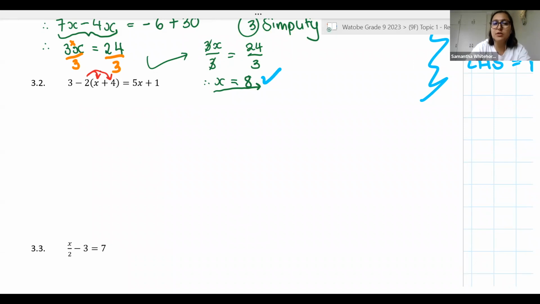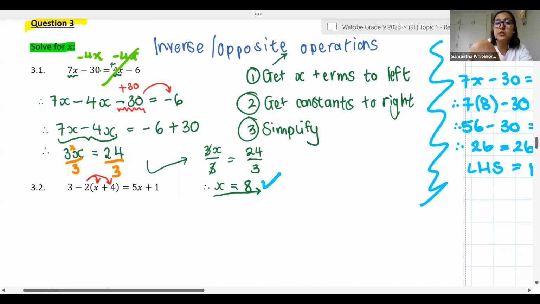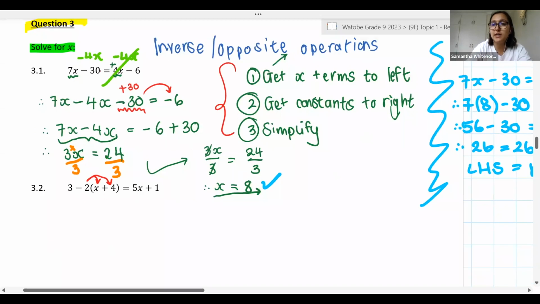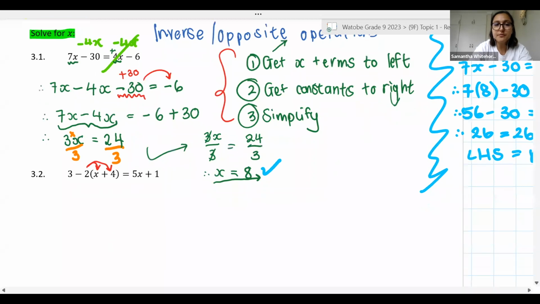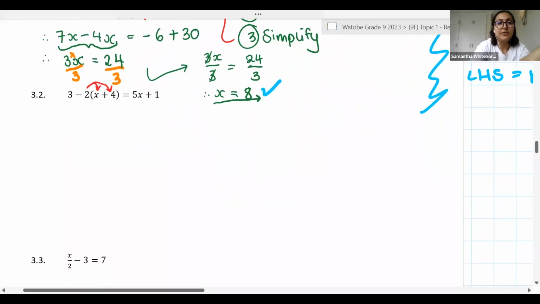Let me get rid of those brackets, and then I can go back to these 3 steps that I outlined here for myself, because then it's easy enough to follow. So when I multiply out that bracket, I end up with 3 minus 2x. Now we need to be careful. It's a negative 2 times a positive 4. We know a negative times a positive is a negative, and then 2 times 4 is 8,